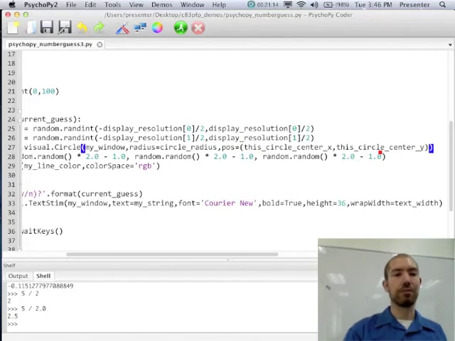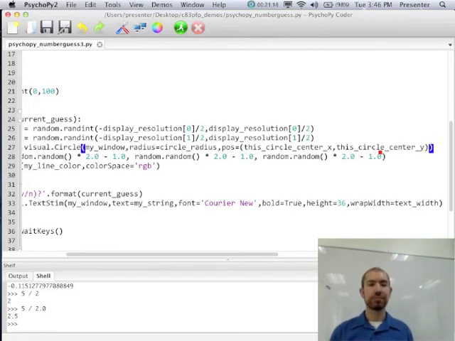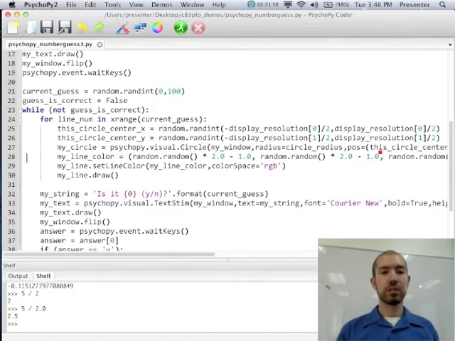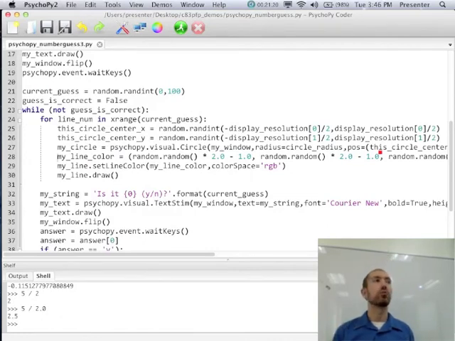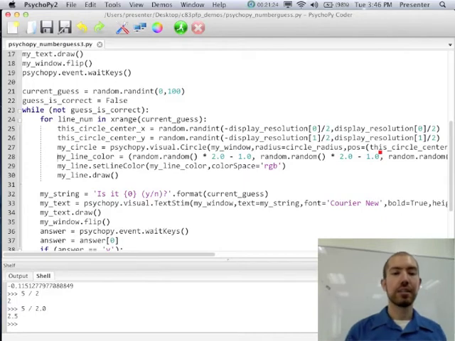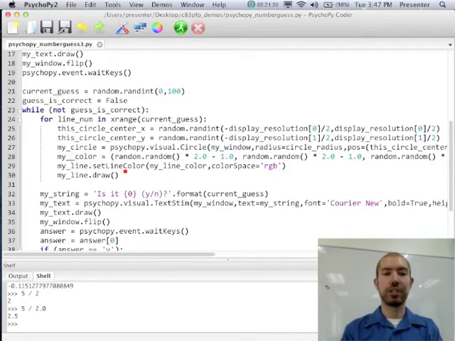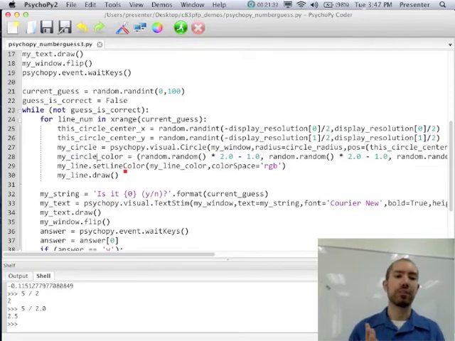Remember to close that off with a parenthesis at the end. Okay, so we just need to tell it what window it's in, its radius, and its position in X and Y. Now if we want to set the colors randomly like we did with the lines, again it's probably good form to change the name to my circle color instead of my line color.